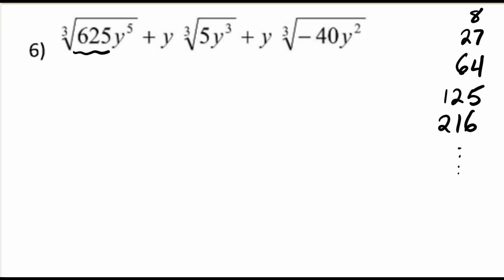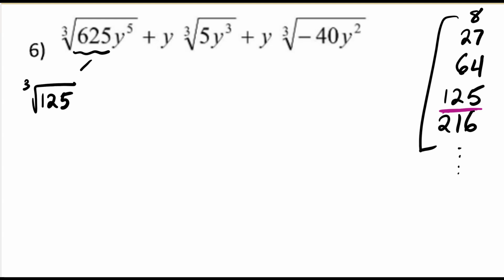Okay, for the cube root of 625, as I'm consulting my list, I think there's only one obvious answer for what could potentially divide into that. I think that's 125, right? So this, you could write them in separate radicals if you want. You don't necessarily have to. But just to show you where I'm getting these numbers from, I think of 625 in my head as the cube root of 125 times the cube root of 5. So that cube root of 125 is just 5. So I will have a 5 on the outside, but in my cube root, I will also have a 5